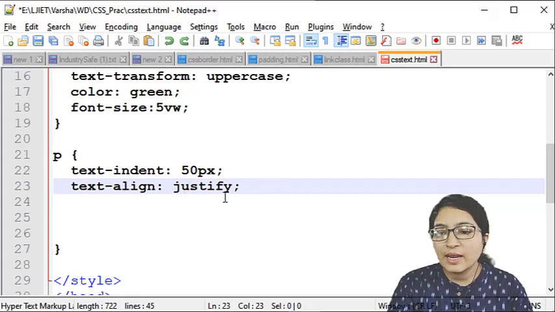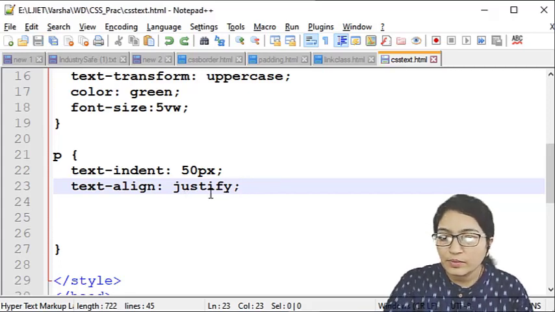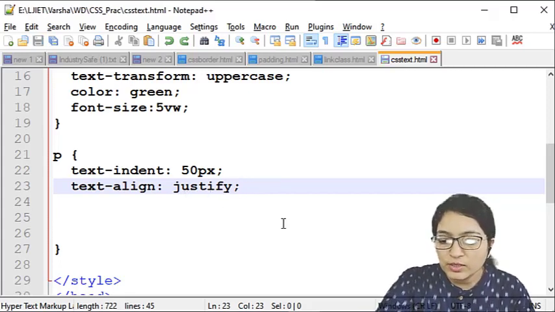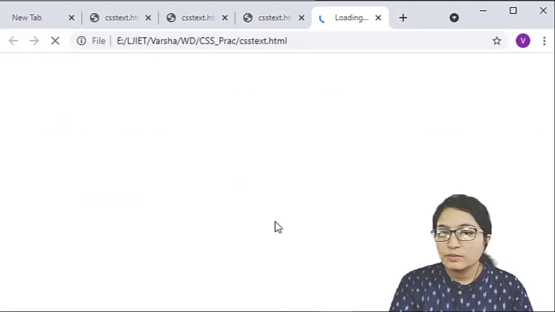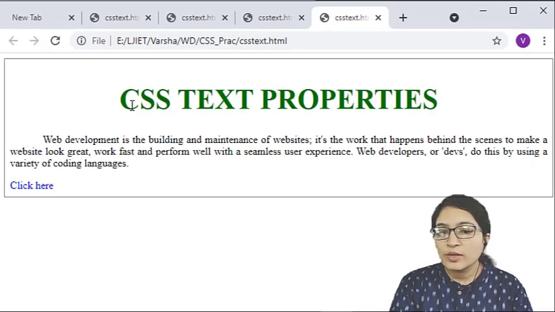Okay. So text alignment justify. I think by default this is justify. So let's see the change first of all. Okay, so here you can see all the text is converted into uppercase letters, and you can see the proper justifications from both the sides.